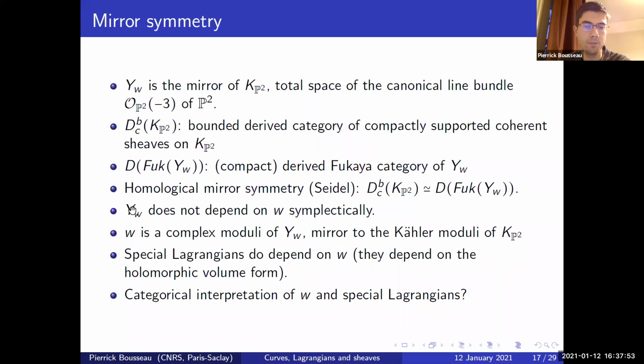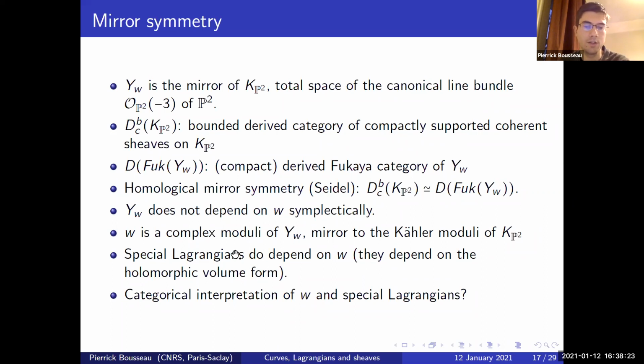So from the symplectic point of view, YW does not depend on W. They are all symplectomorphic. So in particular, the Fukaya category does not see W. W, as I say, is really a complex modulus of YW, which in fact is mirror to the Kähler modulus of KP2. And the notion of special Lagrangian certainly does depend on W, because as I remind you,